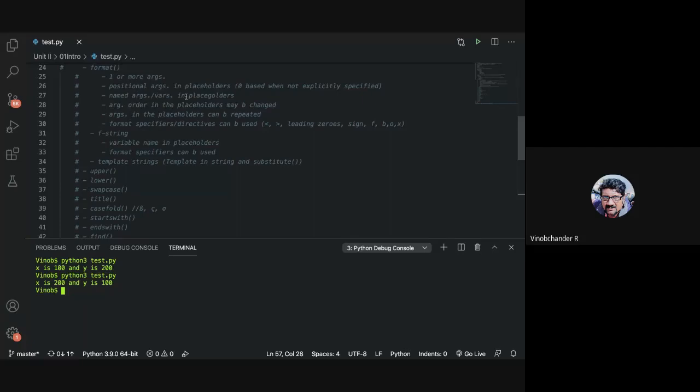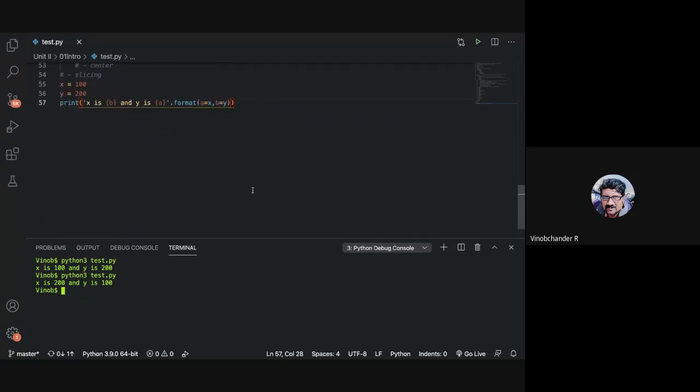Named arguments, variables in placeholders, argument order in the placeholders may be changed. Arguments in the placeholders can be repeated. You can do that as well.